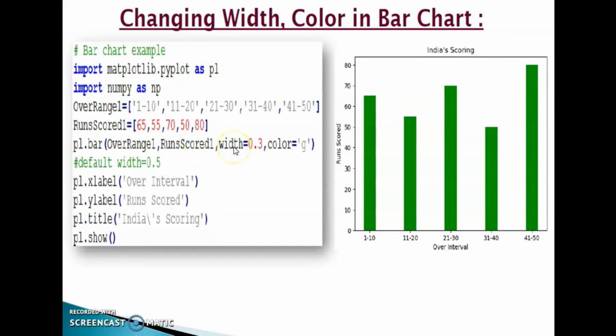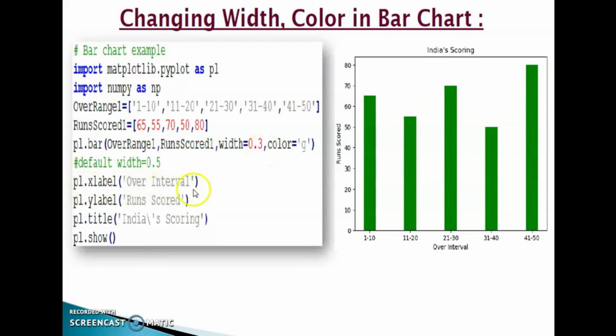Comma, width: we can set the width of each bar by using this width argument. Then what is the purpose of this color argument? We can set the color of each bar. Okay, clear? Then default width is 0.5, that we change to 0.3.